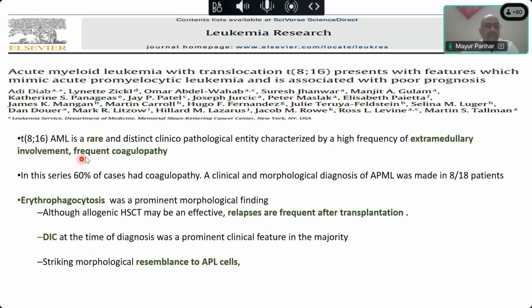And in 60% of patients there was coagulopathy, and a clinical and morphological diagnosis of APML was made in 8 out of 18 patients. Now, this is a high-risk disease. You do see a lot of erythrophagocytosis when you have viable cells in these patients. Relapses are frequent after transplantation, and DIC is a prominent clinical feature. And of course, because as I said, they present as monocytic leukemias, they can have a striking morphological resemblance to